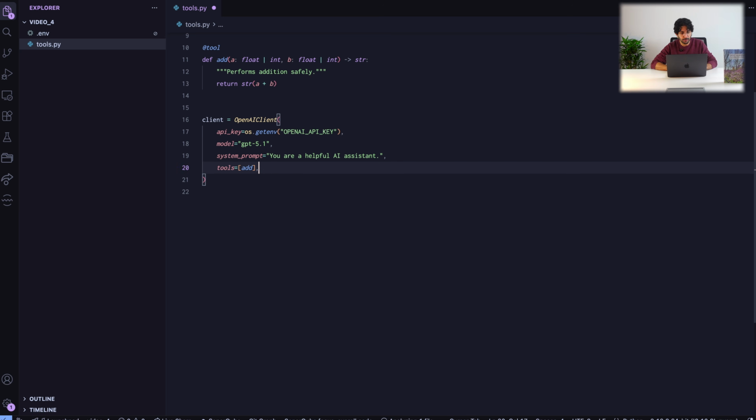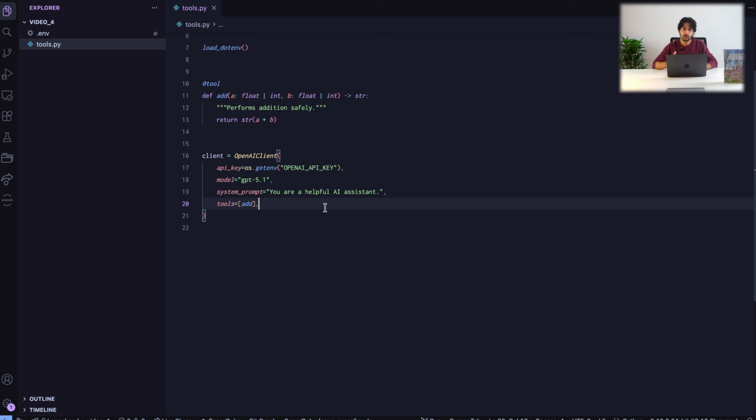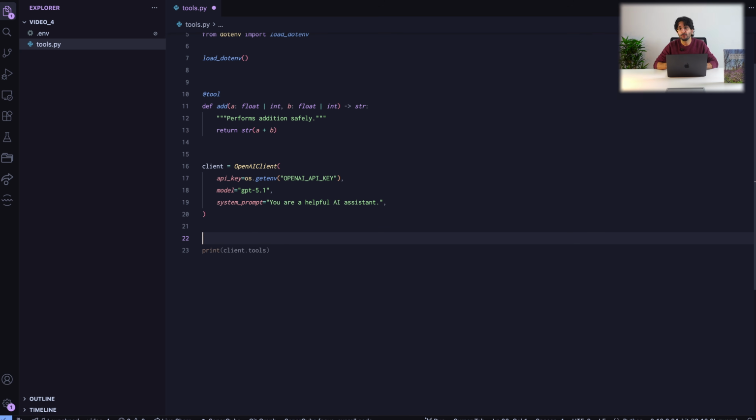Last thing we need to do is to add the tool to the client, which can be done just by providing a list of tools to the argument tools. Now we just need to invoke the client, like we always did. But this time, we need to provide the tools to the client. Here, for example, I am asking an addition because I want the model to use the add tool. And I'm also providing the add tool itself. The tools argument requires a list of tools. They are not limited to one single tool. In this case, we only have one.